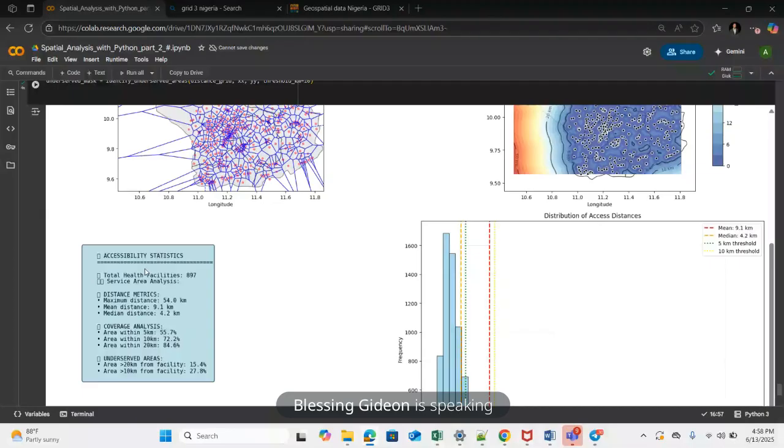And then we have areas within 20 kilometers, which is 84.6%, which shows a lot. So this is kind of an aggregation of the coverage. And then we have the underserved areas that are greater than 10 kilometers from the facilities, which are 15.4%, and areas that are greater than 10 kilometers from the facility are